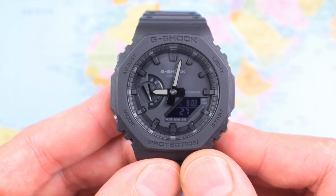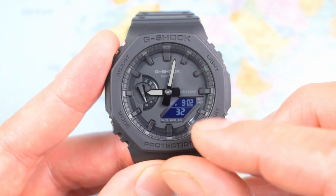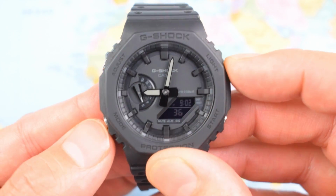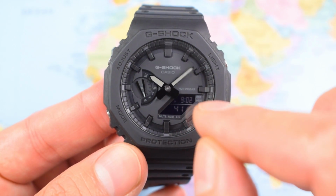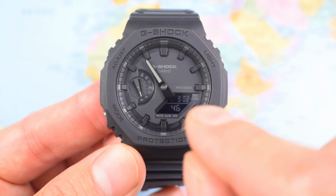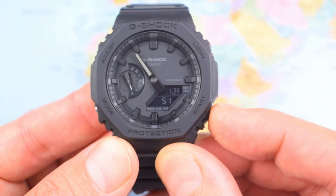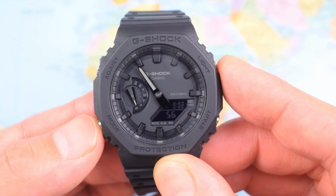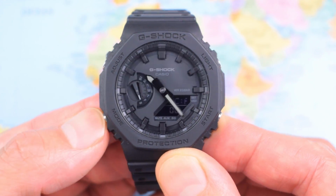One cool feature is that if you're using that digital display for some reason at night, if you're desperate to see what time it is or you're using that to set a mode, if you're in the time mode, if you press both of these buttons, if you press the light and the mode button simultaneously, if the hands are fouling the digital display, they will automatically rotate to this 5 to 11 position, giving you a nice clear view of whatever it is you're doing down there. That one obviously in time mode can be set to the date or the time to duplicate the display there. One more touch of the mode and they will very slowly, and I mean very slowly, return to the regular